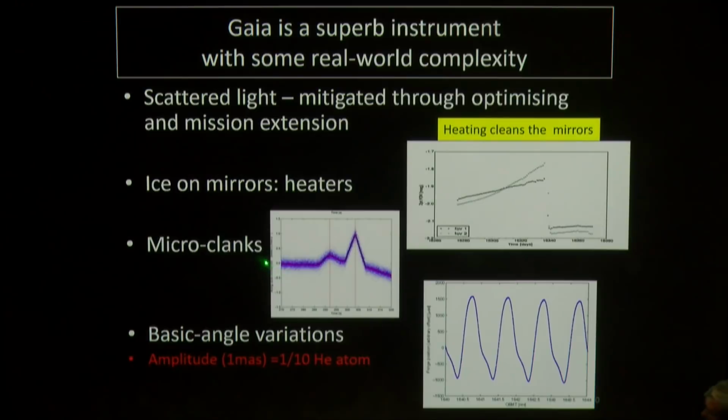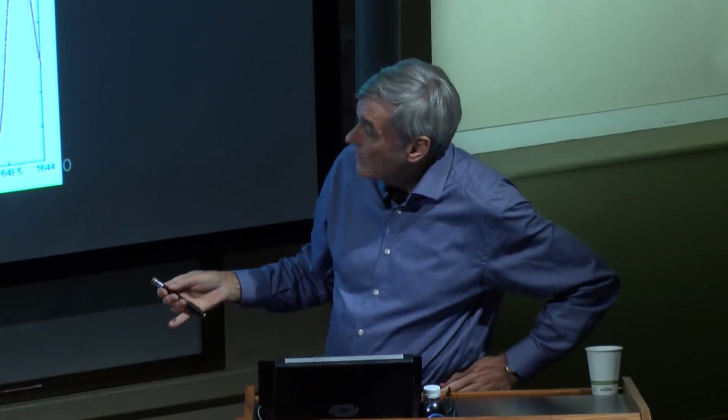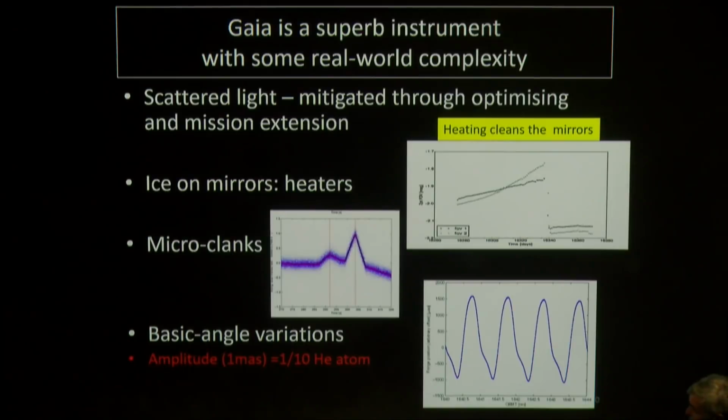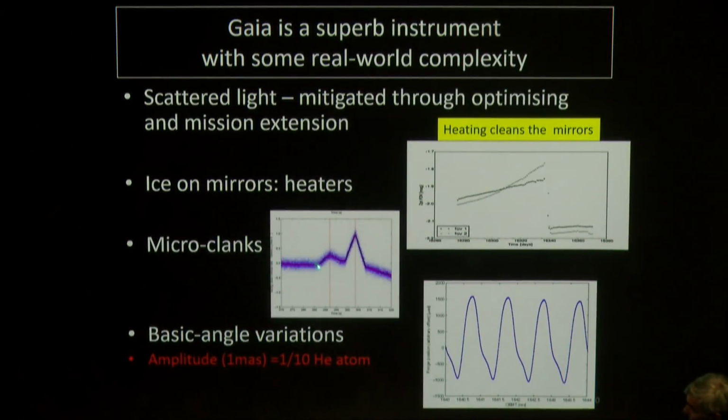There's something that was discovered in Hipparcos, which is ubiquitous in spacecraft, and particularly in sun shields. You get these places where the local stress is relieving itself, and so you get little glitches and clanks. And so the spacecraft jitters. This is normally just put into guiding noise, not accounted for in normal missions. But for us it matters because it affects the spin rate slightly. This is an extreme illustration here, but this is going on all the time